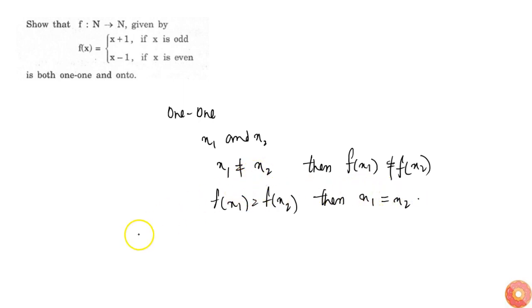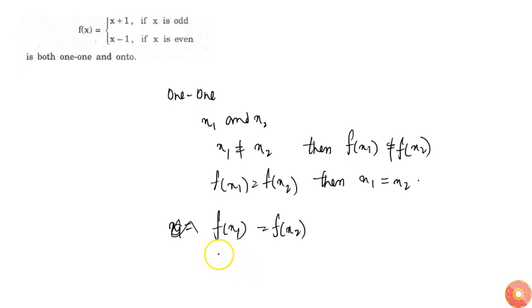So let's check if the function is one-one or not. Let's take any two numbers x1 and x2, and let's say f of x1 is equal to f of x2. Let's consider two odd numbers, because only then we can check for the odd numbers if they're equal or not, because an odd number can't be equal to an even number anyway. So f of x1 is equal to f of x2, then for the odd numbers, we